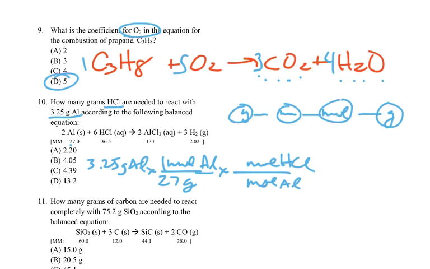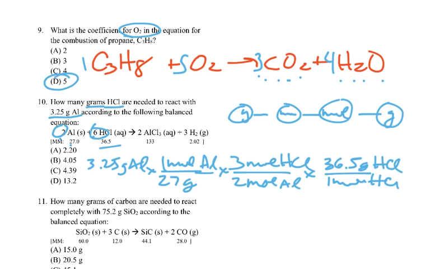And HCl in the question is 2 moles of aluminum for every 3 moles of HCl. So I'm using those numbers from the balanced equation. And the last thing is I need to go to how many grams of HCl. So for every 1 mole of HCl, it says here it's 36.5 grams of HCl. Now I need to work out that problem. Okay, I did make a little mistake here, and I should have put a 6 here. I put a 3. So when I work this out, I get the answer 13.18, which I round up to